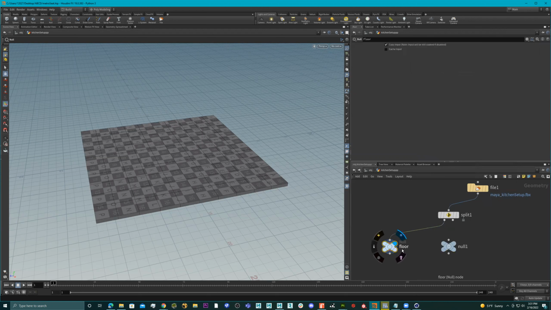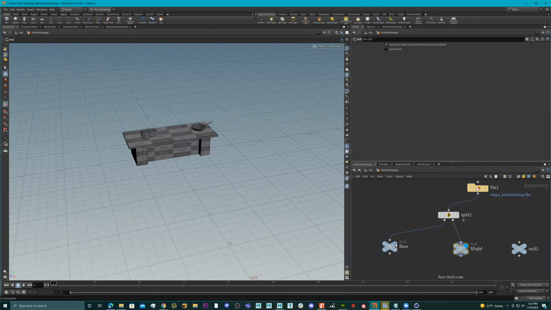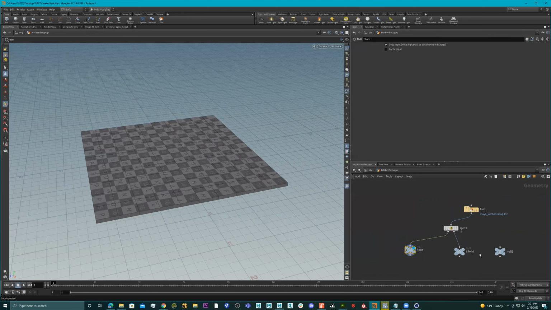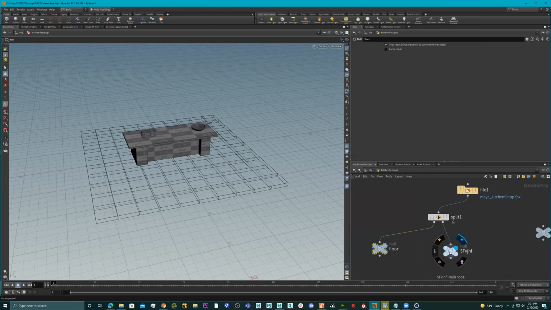Or I can copy this, Control C, Control V, and now it says floor 2. It's coming out the same output. Or I can do Alt, left click, which is the one I prefer to do, and just copy it over. It can be named whatever, right? But like I said, this is showing the rest of the stuff, and this is showing what we separated out, right? So I'm going to select this,